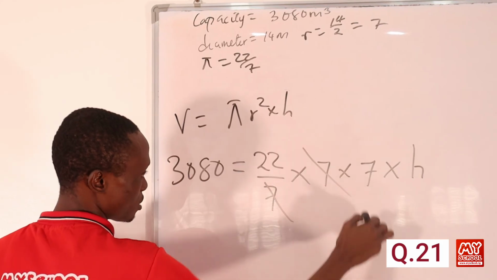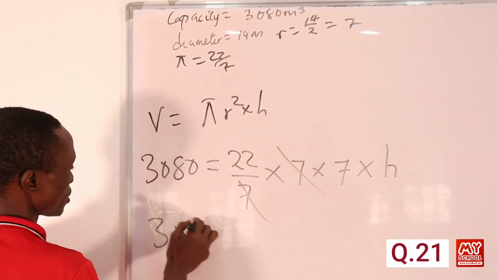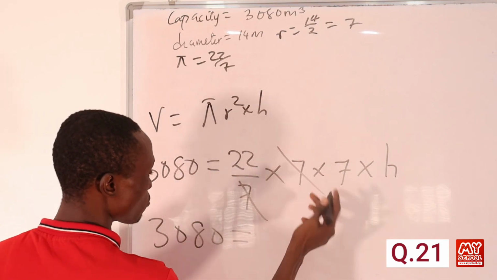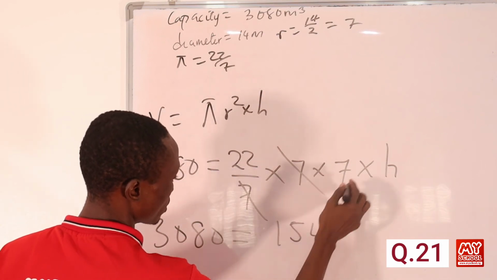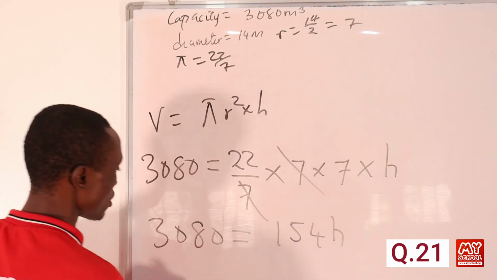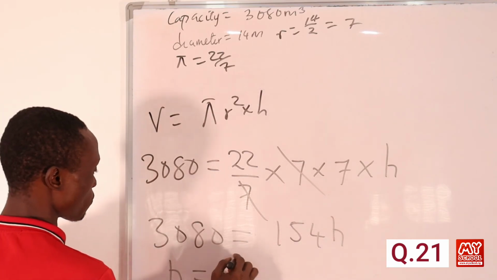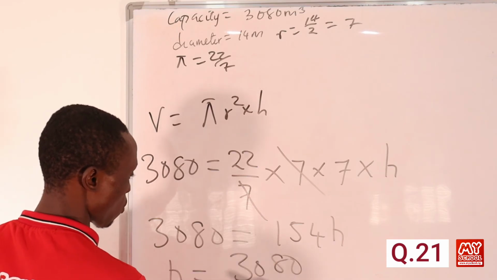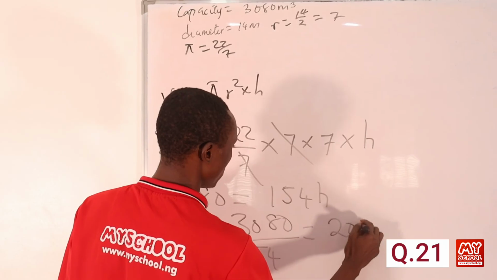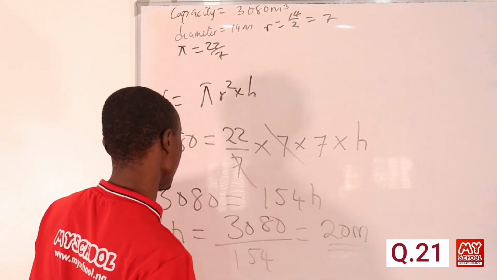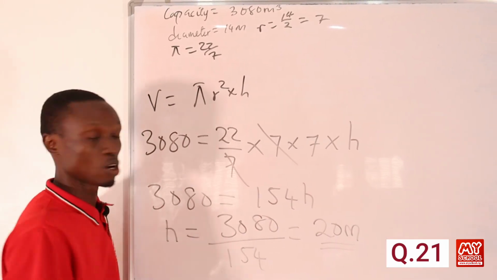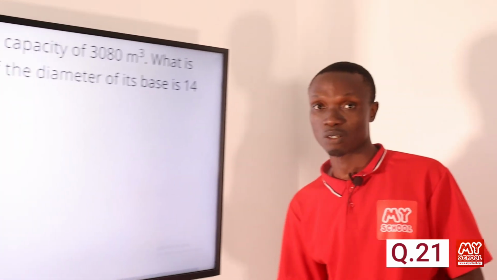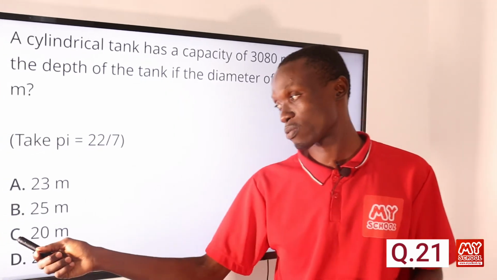So we cancel this out, so that we'll be having 3080 equals 22 times 7, I think that is 154, times h, which is 154h, right? So if we make h the subject of the formula, we're having 3080 divided by 154, and that will be equal to 20 meters. Okay, so the depth of the tank is equal to 20 meters. So let's return back to the screen to pick the correct answer to this question, and that is option C,